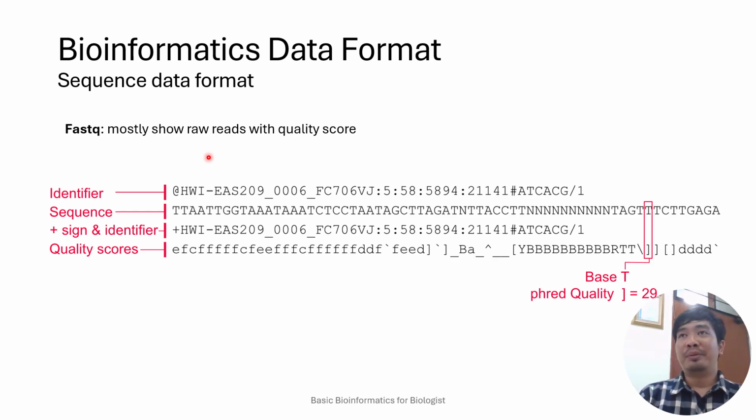This is for general, both clean and not clean. We use this FASTQ. So the quality score itself, this number is used to decide whether the sequence is clean or not, or whether we need to trim the sequence from here to here because this is low quality. That's why we keep the quality data.